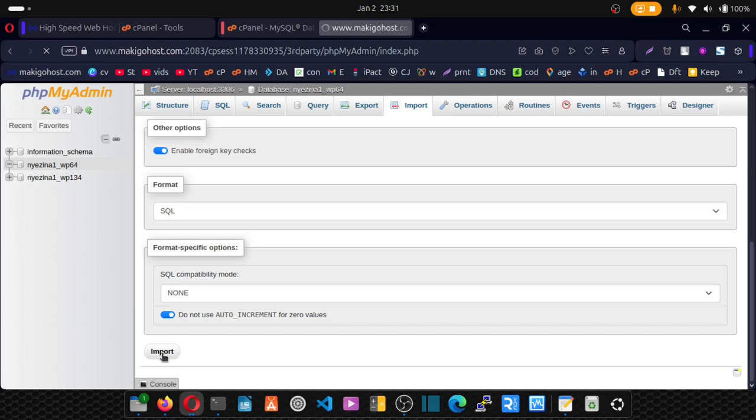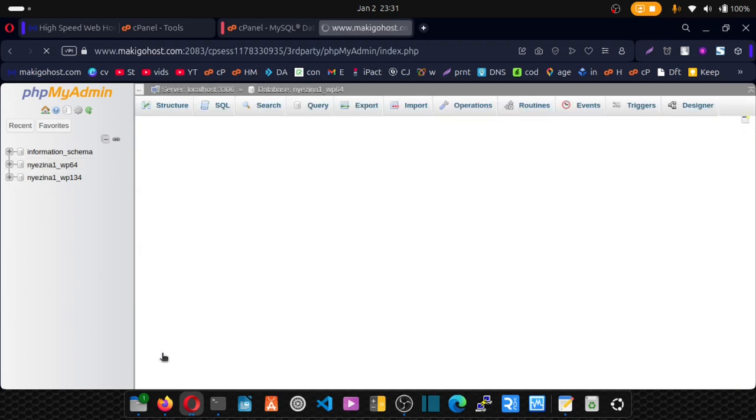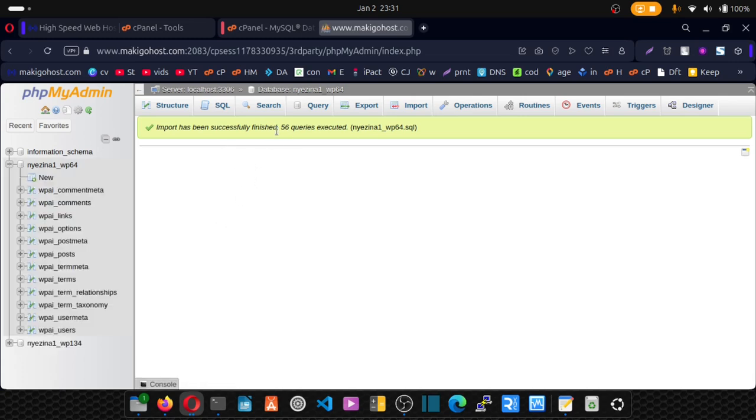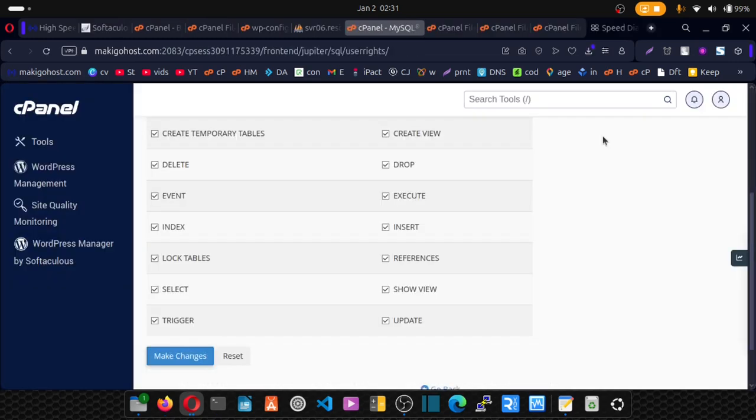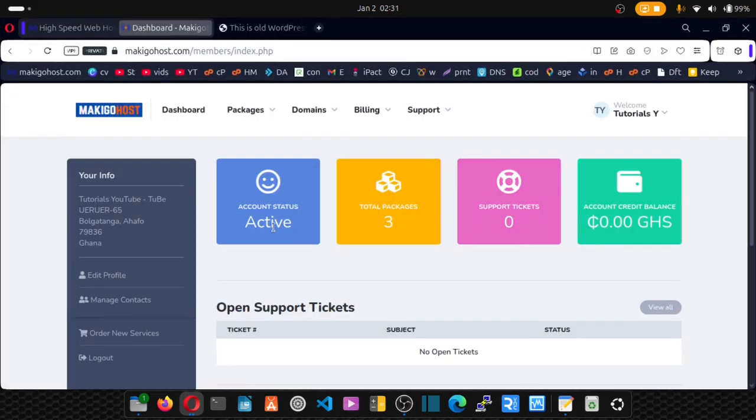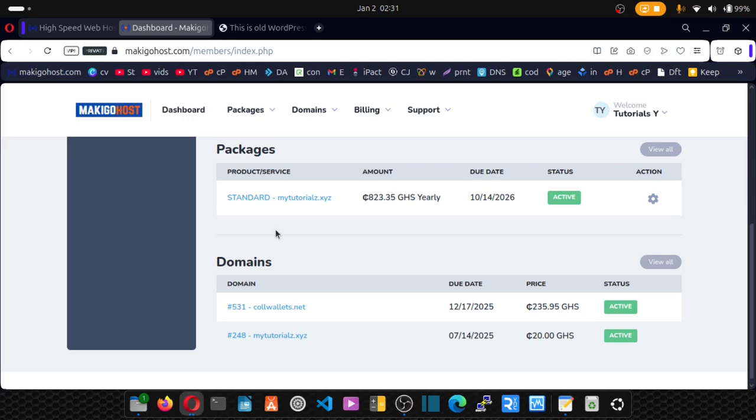Now we'll wait for the content inside that file to be imported. Now we are done importing it. All right, we are done importing the necessary data to our new cPanel, or our new server. The final step is to point our domain name to our new cPanel or new service DNS, or name service. So the way we do that is make sure you log into your hosting dashboard, scroll down and go